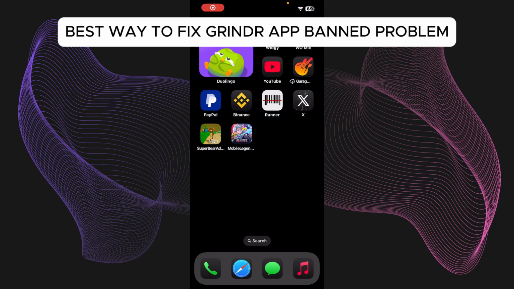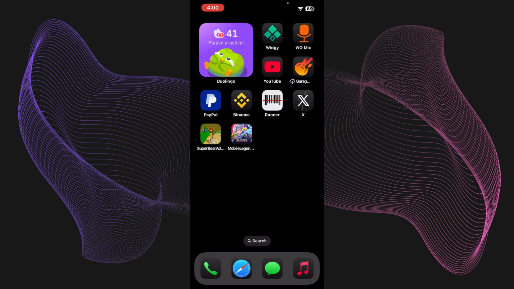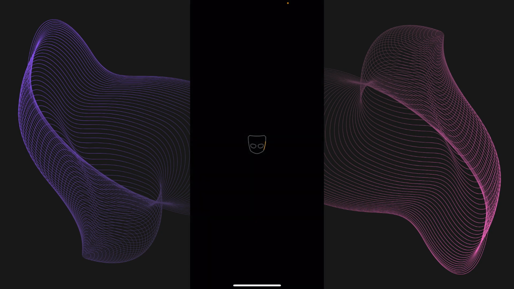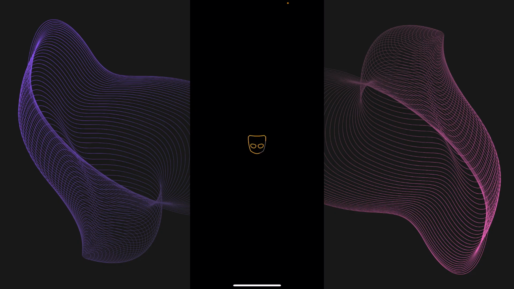Alright, so here is the best way on how you can fix the Grindr app ban problem. If you are banned on Grindr, there could be multiple reasons for that. You might be impersonating or using some third-party apps. But if it banned you for no reason, like it just randomly banned you and gave you a ban,